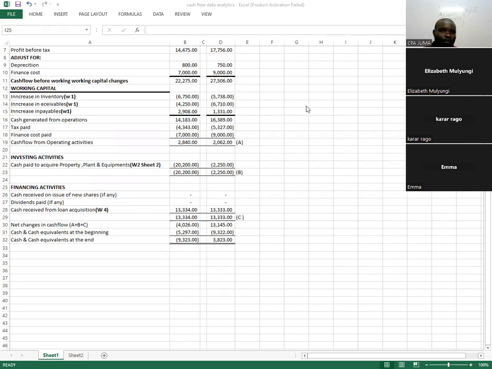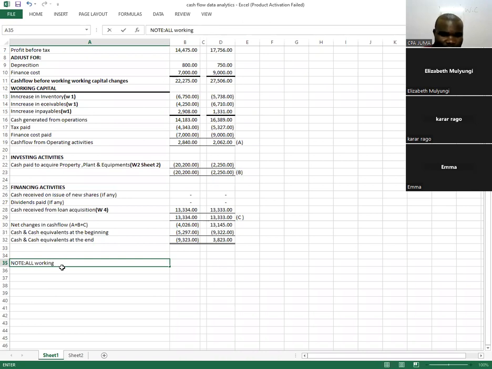Thank you. Now, for part B, I don't know what to do with it because it does not fall in financial reporting. This paper is very fine. It does everything. But we can try out, and I can write here for the examiner to note that all the workings are